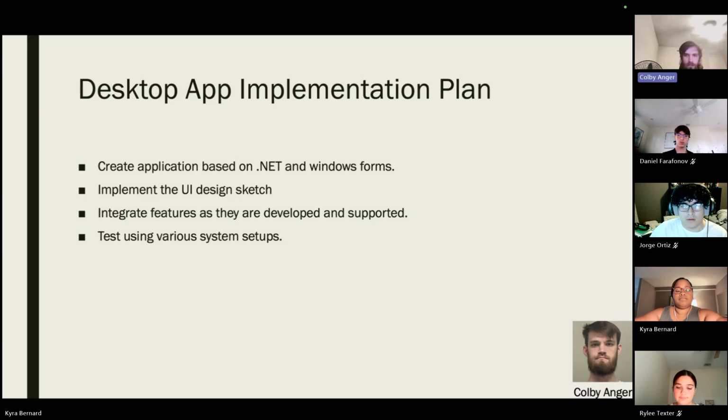As features are supported by the API, as it's going to make all the decisions, it's kind of going to be the bottleneck here. Once the features are supported by the API, the desktop client will begin development, testing, and so on and so forth with that specific feature. Testing phase will be done over and over with each new feature when created. And the desktop application is intended to be used on Windows-based machines. And we can move to the next one.